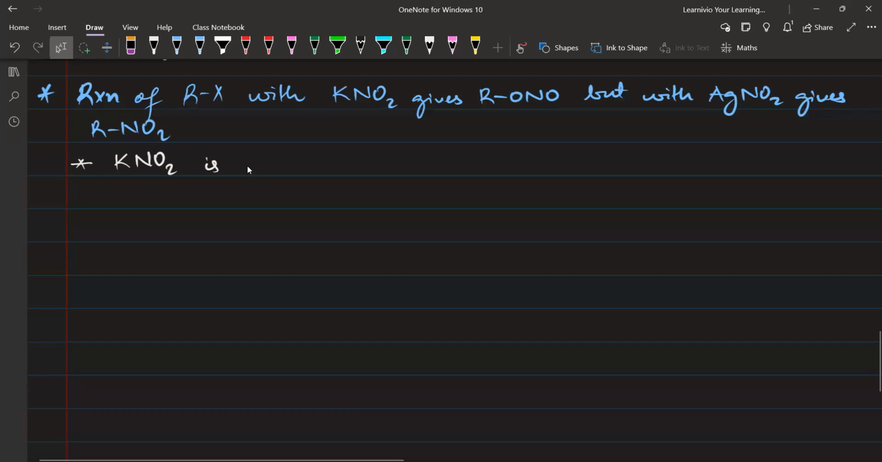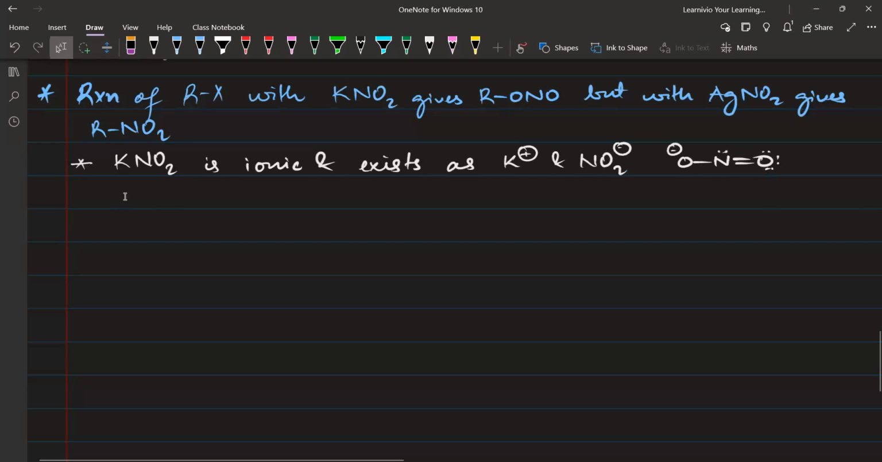KNO2 is ionic and exists as K plus and NO2 negative. Now, what is the structure of NO2 negative? It is going to be like this: nitrogen double bond O, and a bond to oxygen. This oxygen will have a negative charge, and nitrogen also has a lone pair. Now, since the oxygen atom has a negative charge,